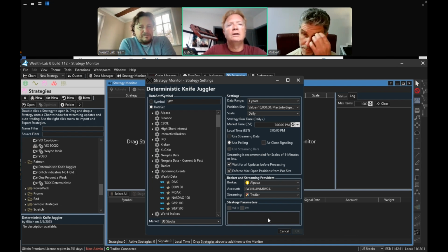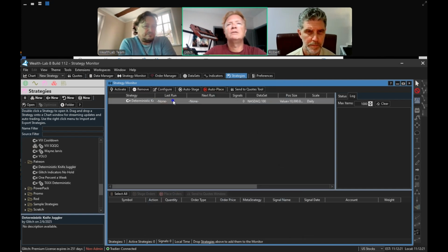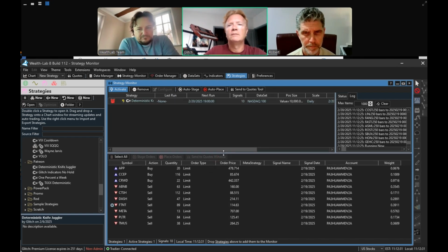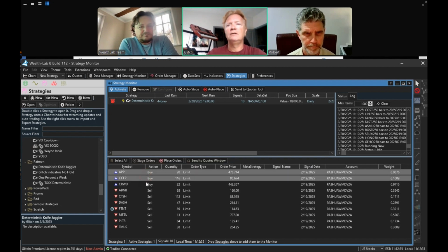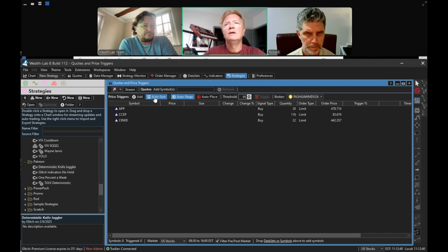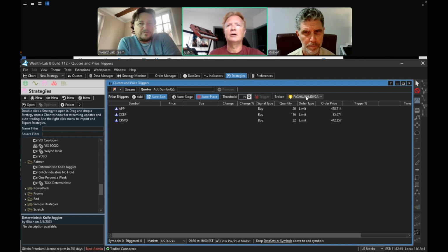So what I'm going to do is select the data set, the NASDAQ 100 that this is trading on, click OK. So now it's in the strategy monitor. So now I could just run it. This will run the strategy and produce our signals here. It's the same signals we saw before. So I can now take these three buys and send them to the quotes window. And I can configure it to auto place into the Alpaca account. So now if I turn on streaming,